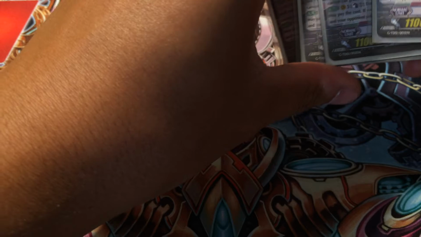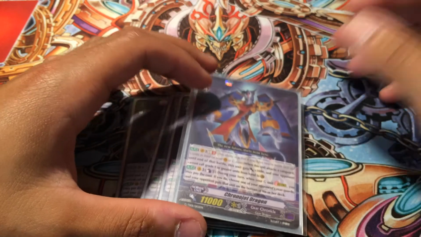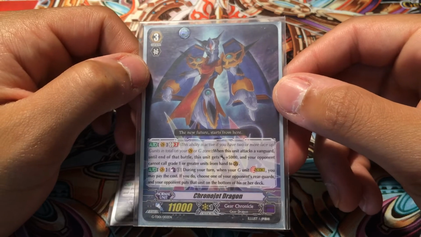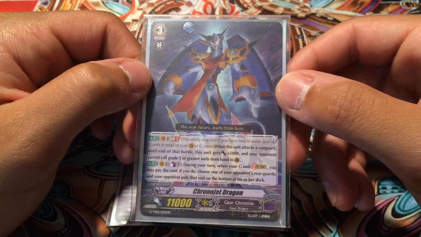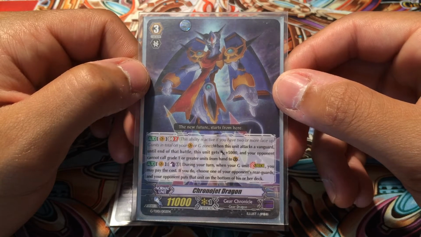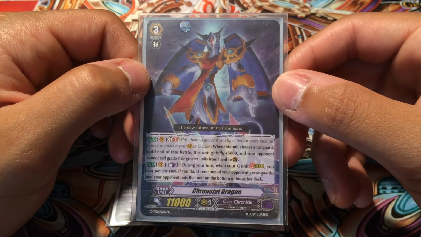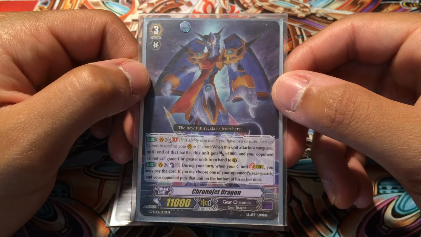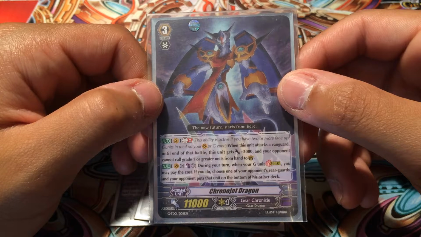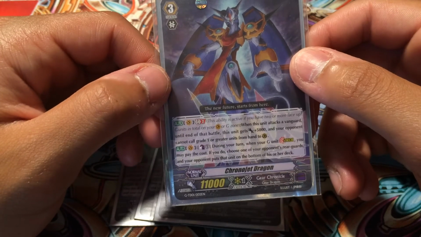And then rounding up the grade 3s, I run your mandatory 4 Chronojet Dragon. He's the trump card, he's the boss card, you know, main character, trump card. GBt02, when he attacks a Vanguard until the end of that battle, he gets +5000 and he gains the Glory Skill. He's also really good for fueling cards like Ishin and